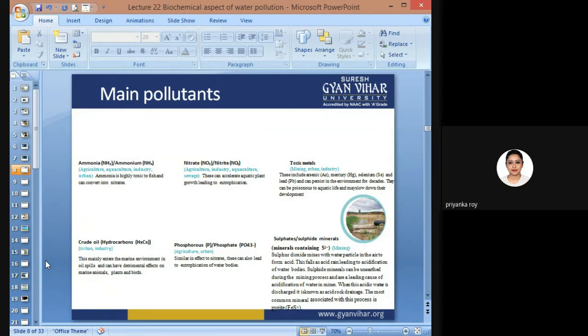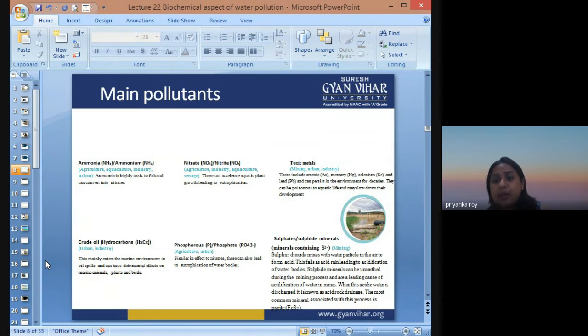Now this includes arsenic, mercury, selenium and lead, predominantly, which affects the biological animals surviving on the water, and these minerals can remain in the environment for years and decades together, and they can be very poisonous to aquatic life forms and may also slow down their development and